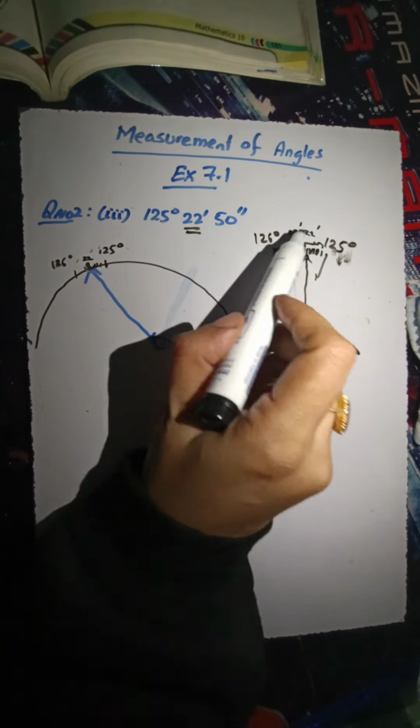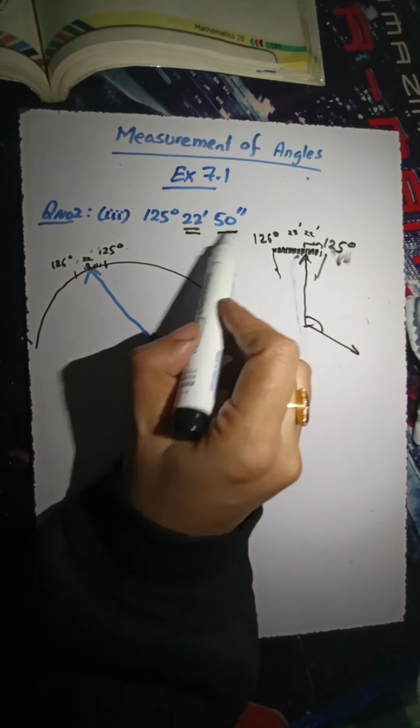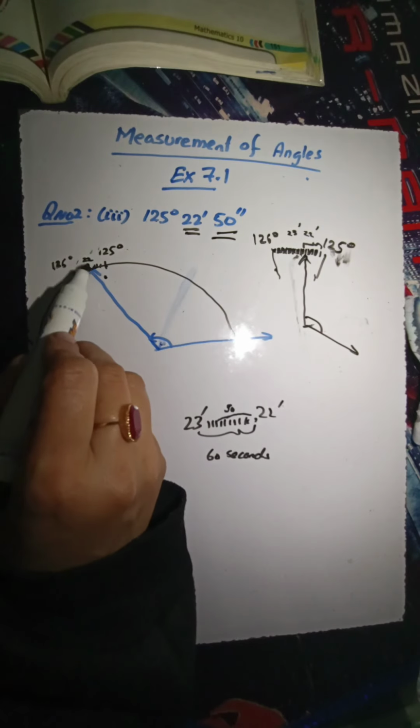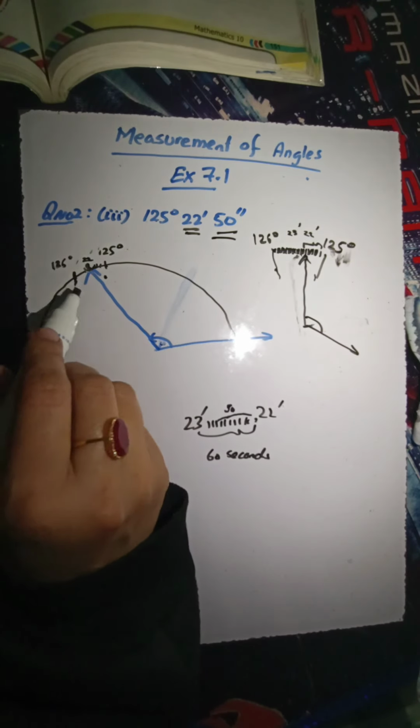Okay, and 50 seconds means that out of this 60 seconds it has covered almost 50 divisions. So this is how you measure the angles. 125 degrees means that it has covered 125 degrees and it has not reached the next degree yet. It is somewhere between this, and